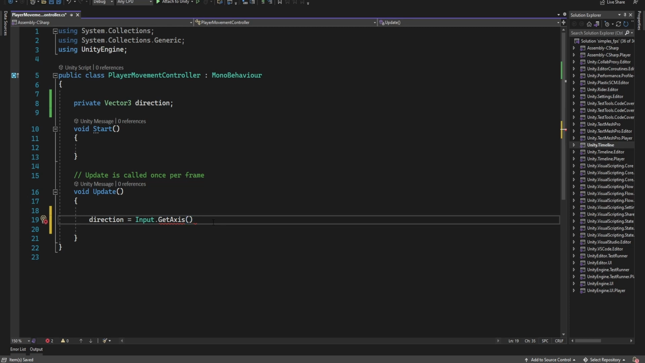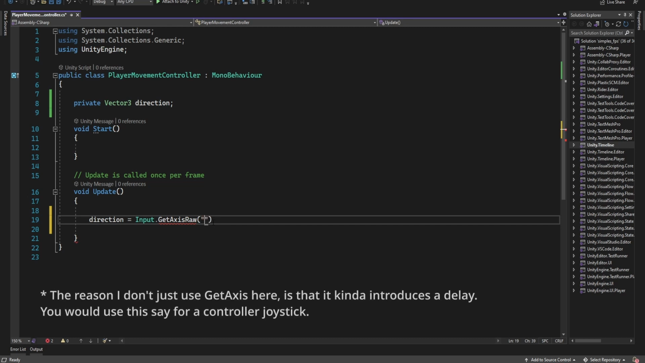Now GetAxis by itself kind of smoothens out the input of the player, and we don't want that. We kind of want the raw input. So we don't want it to smooth the transition between these values. So we use GetAxisRaw. And I'm gonna type